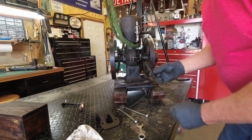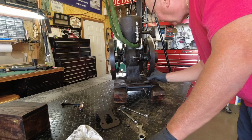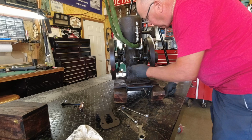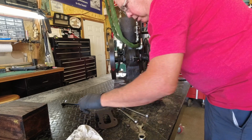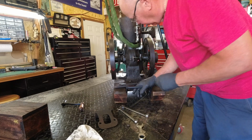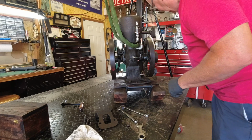Here's a high-tech shim back behind there, and I think that's the original dirt behind that bracket. I'm going to keep that. That's valuable. You got to keep the original dirt to go along with the engine. Just kidding. But anyway,